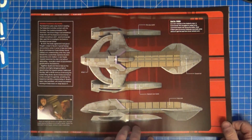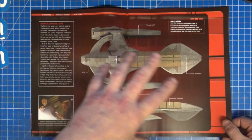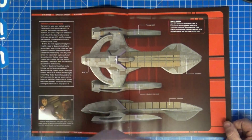If you haven't seen Deep Space Nine, I do thoroughly recommend you watch it. It's one of those ones that you have to watch from the beginning, but you can get through the Next Generation by jumping in and out. You can get the idea of the crew and the people. Voyager, kind of, you can jump in and out. Deep Space Nine,